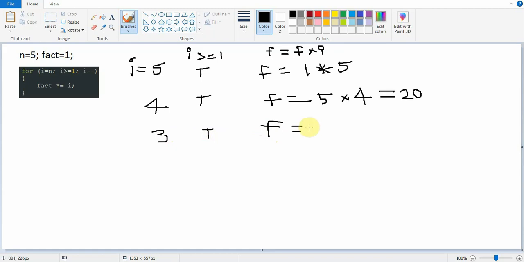And then for 3 the factorial value becomes 20 * 3 and the decrement occurs. The i value is changed to 2 and the condition is satisfied, so true.